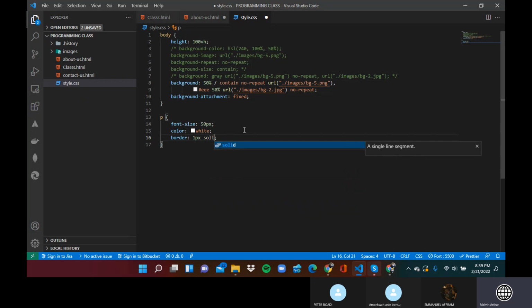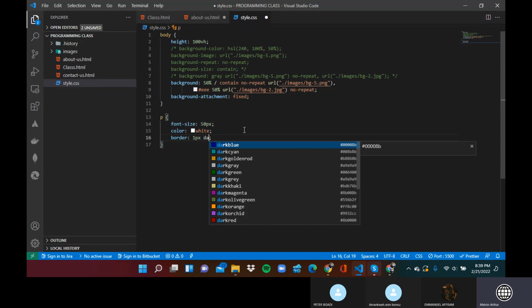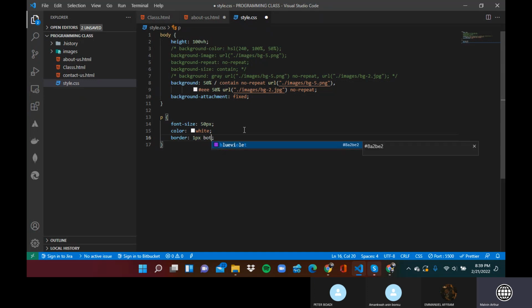So there's a solid, there's a dashed, I think there's dotted, and then there are quite a few styles you can apply, but the basic one is obviously solid. Solid means a solid line, and then you can supply your color. So any color you think of, you can use the hex color format, or you can use the RGB color format, or the